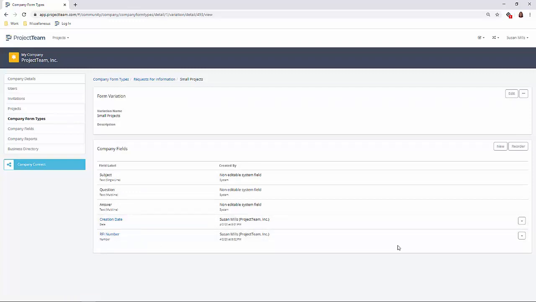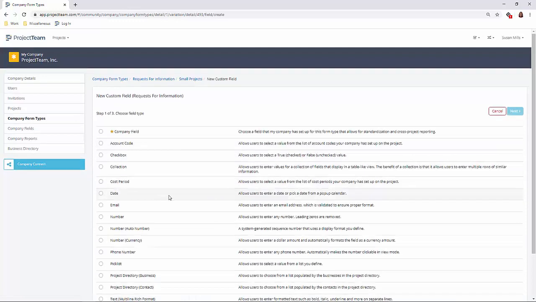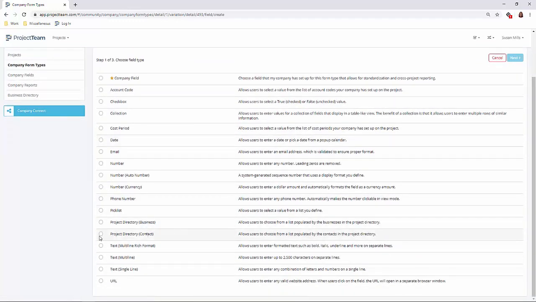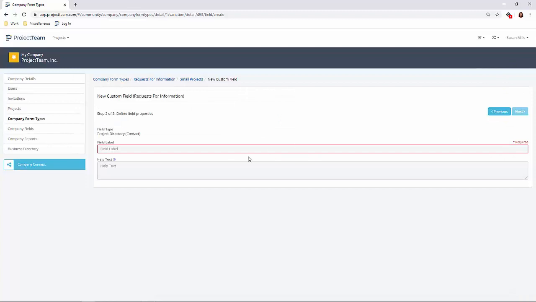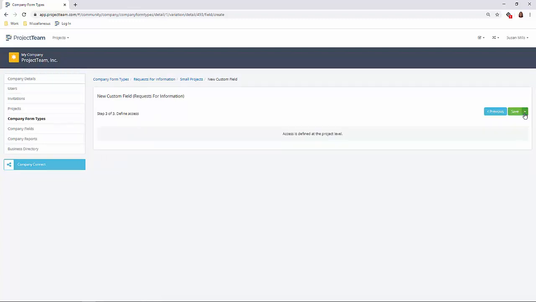I want to add a couple more fields. I want to add the name of the person who's asking the question. So I'll click New. I'll scroll down to the project directory contact. This allows me to choose from a list of the contacts in the project directory. I'll click Next, and I'll give the field a label. I'll click Next, and to capture the name of the person responsible for answering the question, I'll click Save and